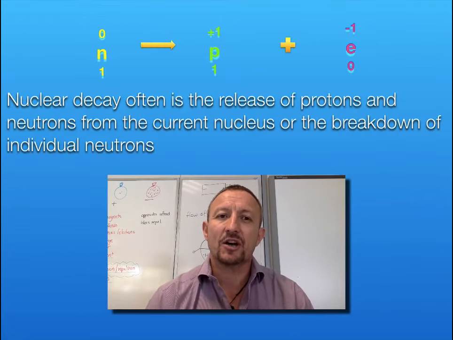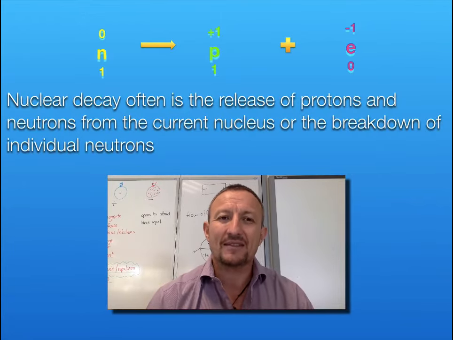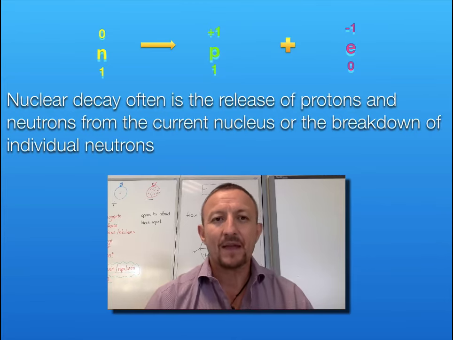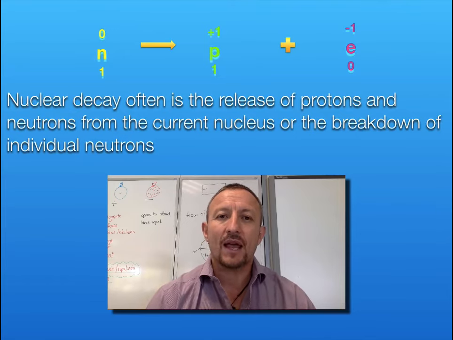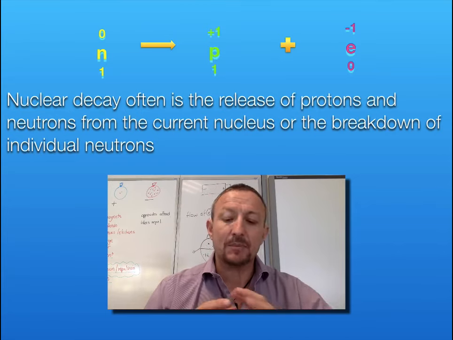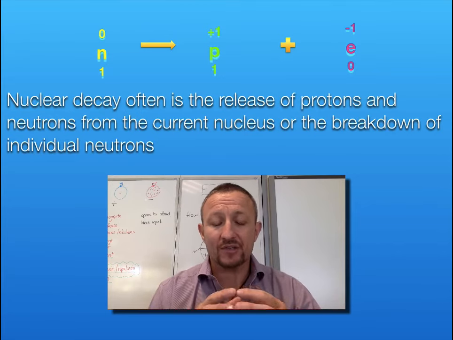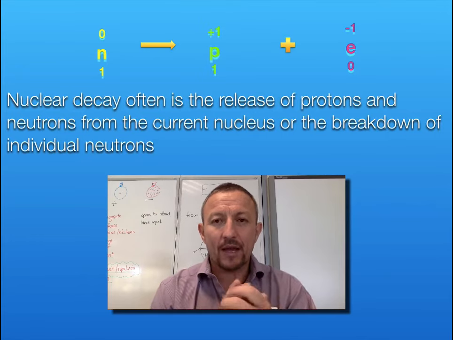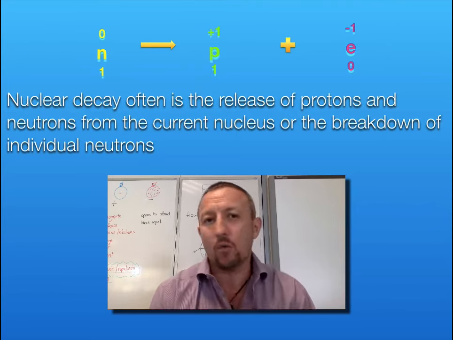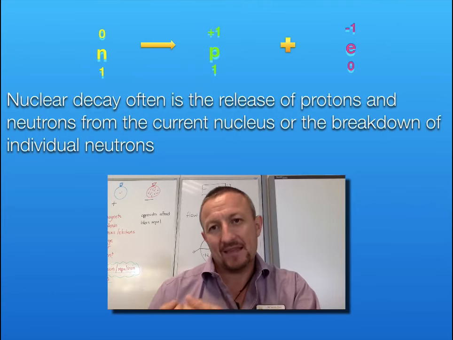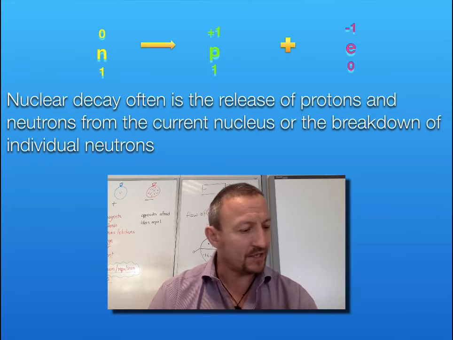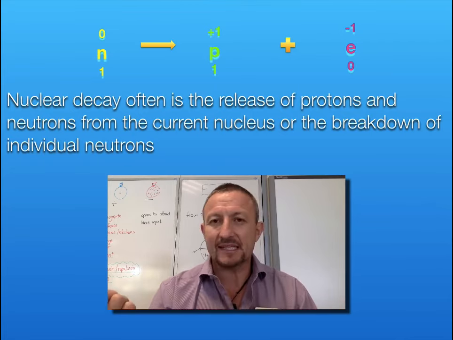Now, this equation shows a neutron, which is shown on the left-hand side in yellow, has a mass of 1 and a charge of 0. Now, a neutron can break down into a proton and an electron. So if we've got this instability within the nucleus, this neutron can split up into a proton and electron. How it does it? No idea. When it does it? No idea. The fact is, that's how it does. And what it does is that neutron then will spit out this proton, and it will spit out this electron